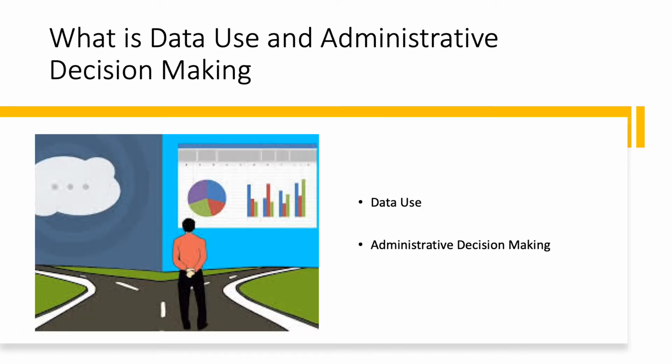We open our presentation on data use and administrative decision making by offering a definition of the core terms in our title. Data use provides an organization with a roadmap to accomplish each objective that leads to the attainment of the organization's goals defined in its shared vision. Coupled with collaborative structures, data use powers the actions planned to ensure continuous school improvement.